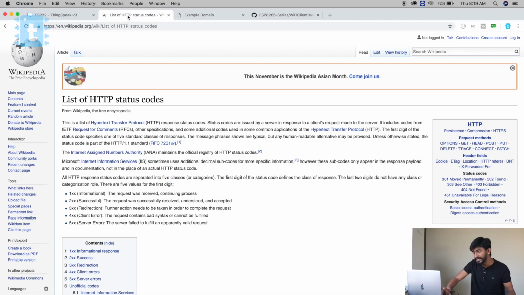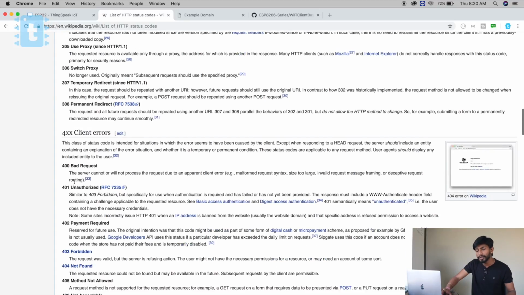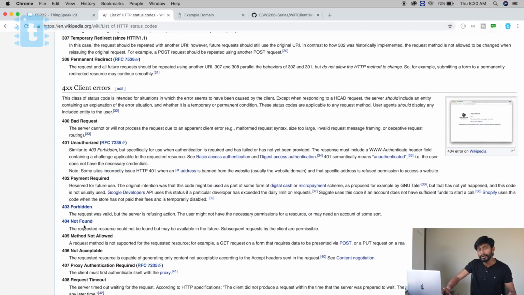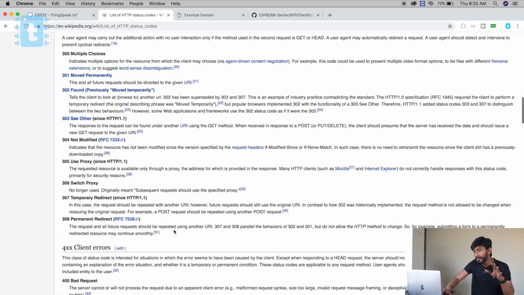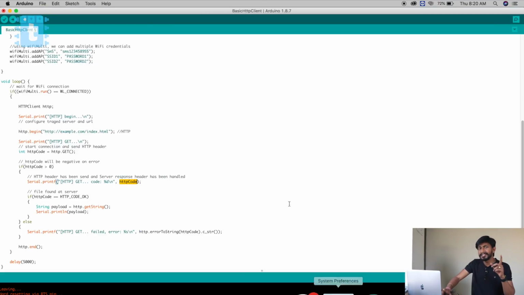Here is the list of HTTP status codes. Each code has a different meaning, like 100, 101. There are many types of codes. The most common code is this 404, the page not found code, which we generally see on a web browser. That means the requested resource could not be found, and you can read this page to get information regarding different kinds of codes you're getting in response. And if the link is successfully requested, we'll get this 200 OK response. That's the standard response for a successful HTTP request, as I said before. So I'll be attaching this Wikipedia link in the description so that you can learn about different kinds of